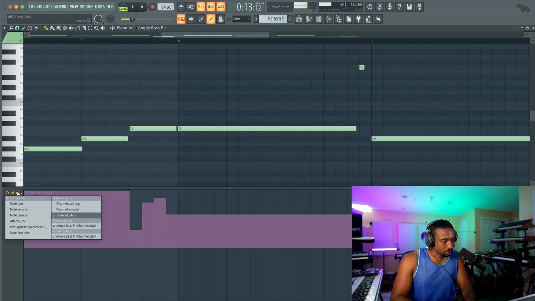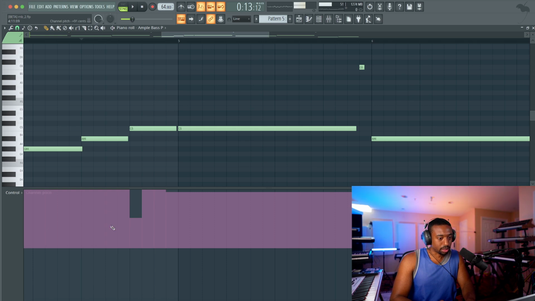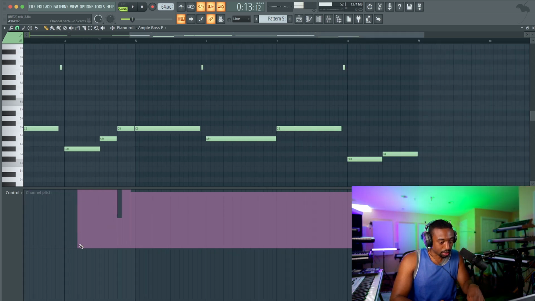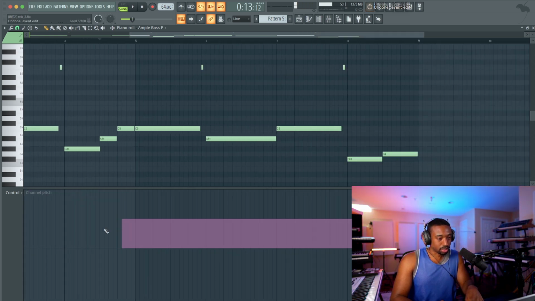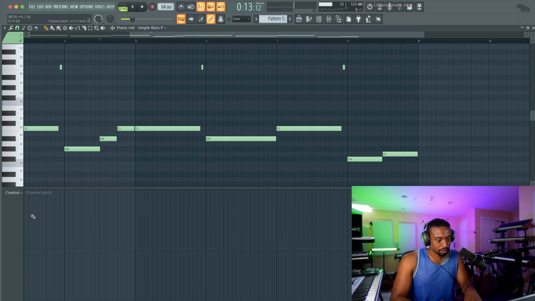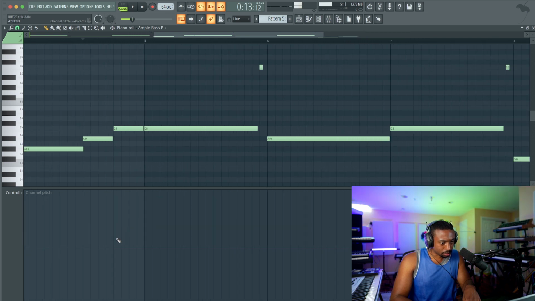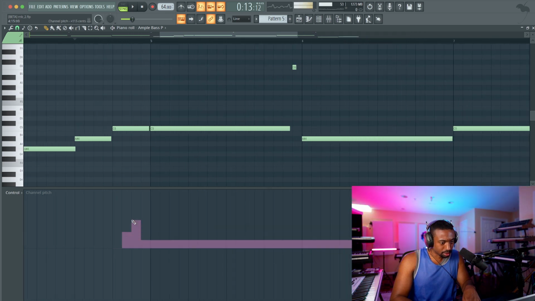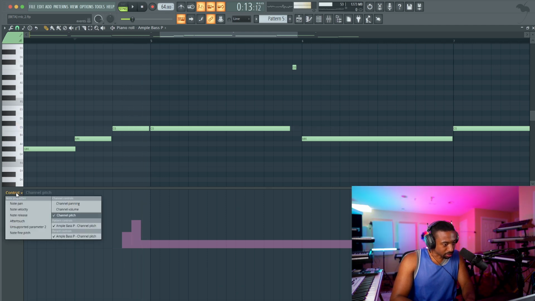Okay, this doesn't even want to work. I stand corrected, it doesn't. Oh, I'm on the wrong instrument. That's why it didn't work. Let me Control Z because I was messing around with so much stuff. Okay, let's do this again. Boom. Now, if this doesn't work, then whatever. All right, this plugin doesn't respond to this, unfortunately.